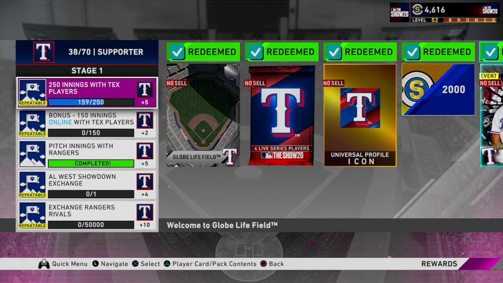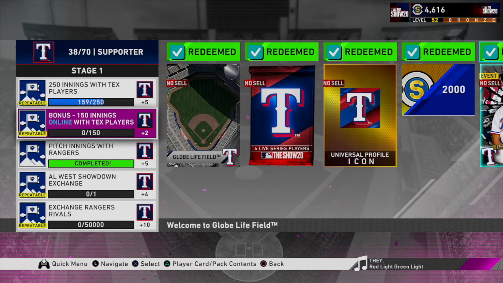So if you have 8 position players and 1 pitcher, obviously 9 players on the field at a time, for a 9-inning game, that would give you 81 innings each time you play a full 9-inning game with an all Texas squad. So 81 times 3 is 243. So that means you get almost all of this in three full games, and you'd only need 7 more innings. So the most efficient way, and also